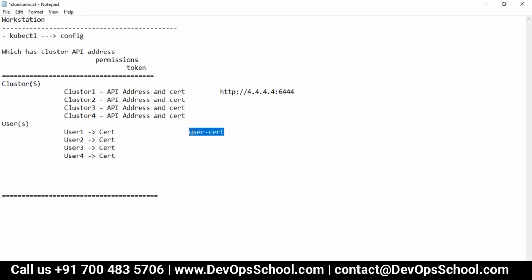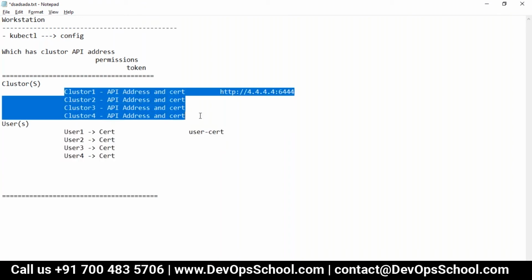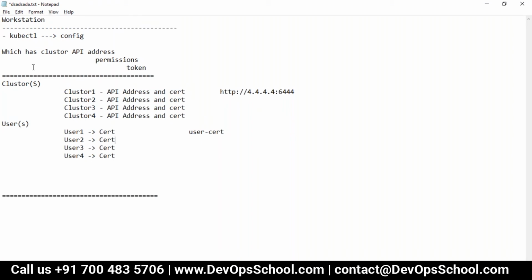But here I'm in a problem. Which user, which certificate will work against which cluster? I have 4 users. Did you understand the problem?